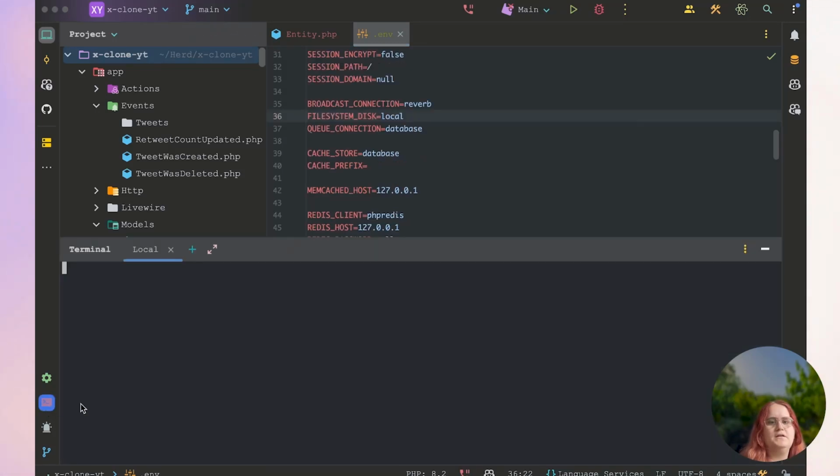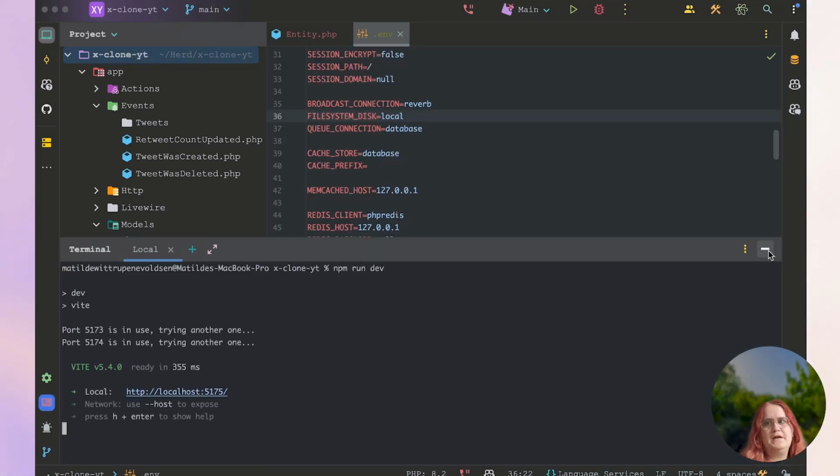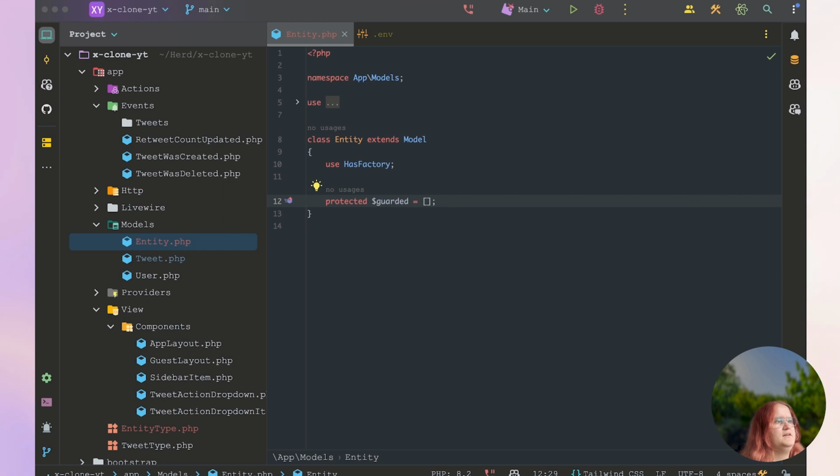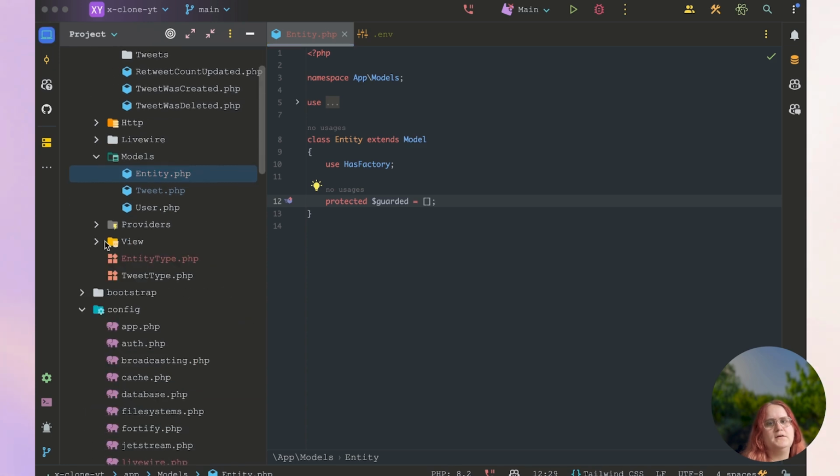Alright, let's go ahead and make sure first and foremost we're running npm run dev. And then inside our entity model in here, we want to go ahead and essentially replace this with hashtag so we can extract that. So what we want to do first and foremost inside here,